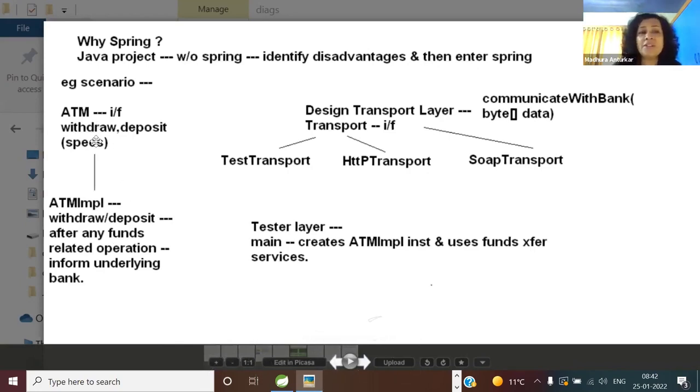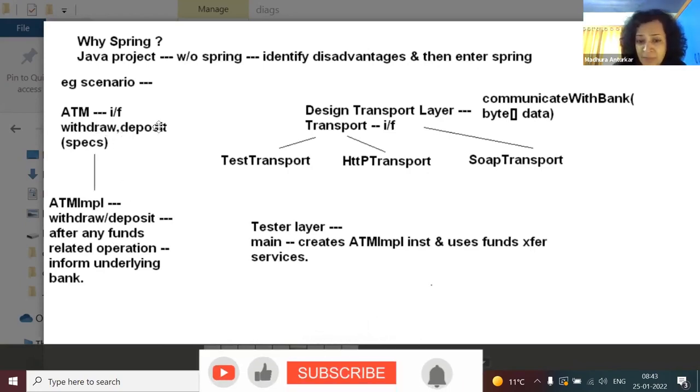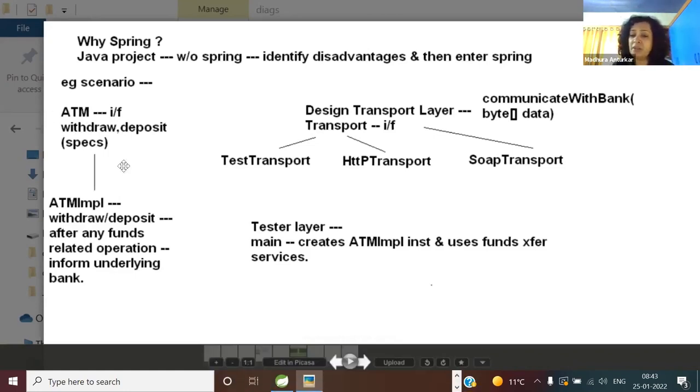Okay, so imagine there are methods, withdraw and deposit. So what will this interface contain? Specification, implementation, both or neither? Obvious question. Only specification. Everyone gets it. But specification alone, sufficient or insufficient? 100% insufficient. So we will end up with this; I'm going to give you this as ready-made code. Don't worry. So you will have an ATM implementation.